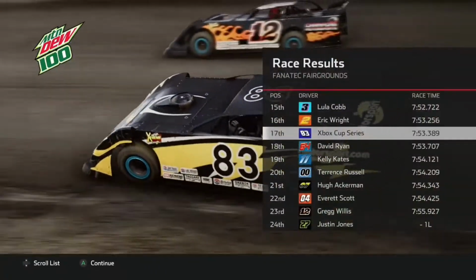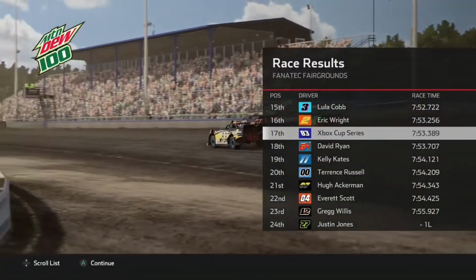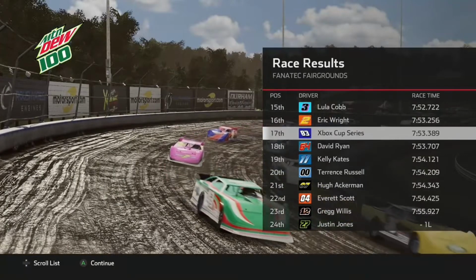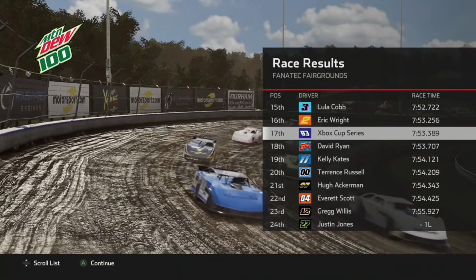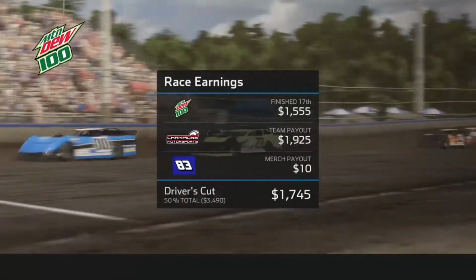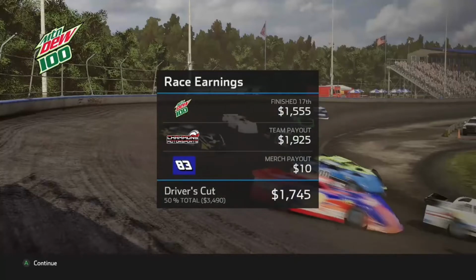Like I said, we finished in 17th, and it ultimately finished almost a 10th behind Eric Wright, which is terrible considering that he passed us on the front straightaway of the last lap. So, Justin Jones, who we were battling with, finished a lap down. So that shows you the speed of the car we had, as that was a completely terrible race. I don't even know what I'm saying. I'm kind of fed up, as we earn